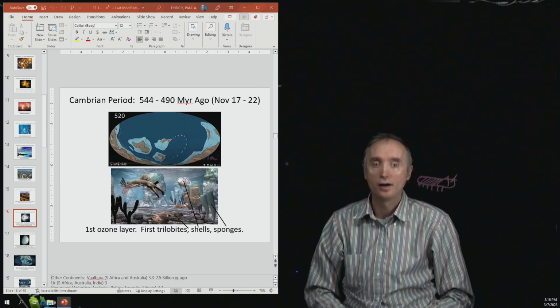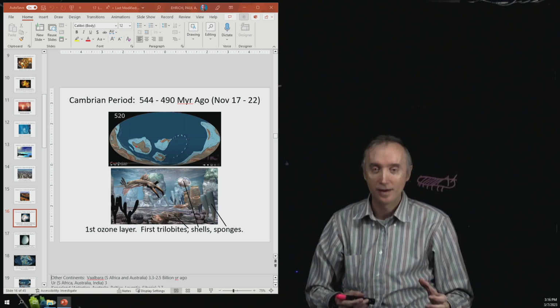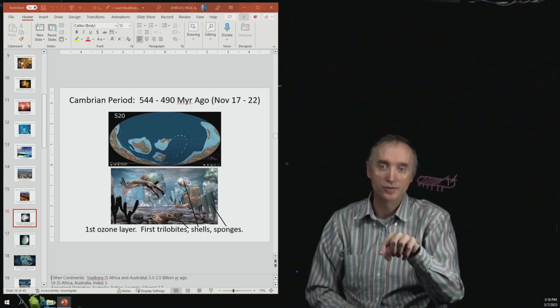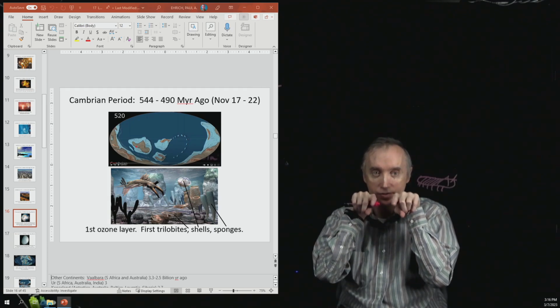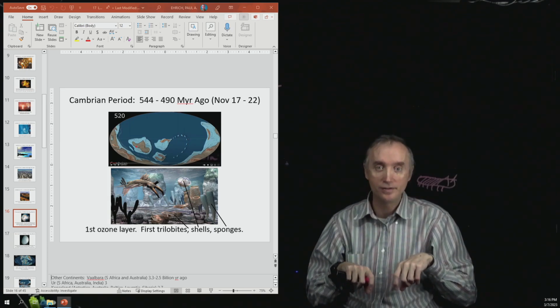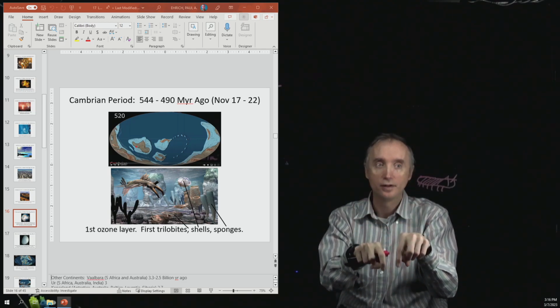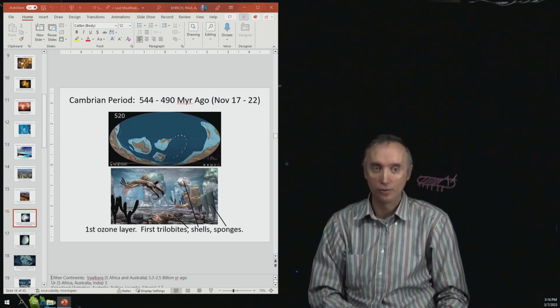Okay, and then you're going to have also your first major predators of these things. So if you look in that picture there at the bottom, you will see a thing that kind of looks like a shrimp, and it's got two tusks that come out of its face, and then it could use those tusks to grab these trilobites that were crawling around on the ocean floor. So this would have been the apex predator that would have existed